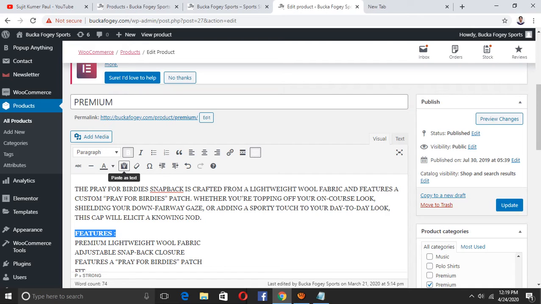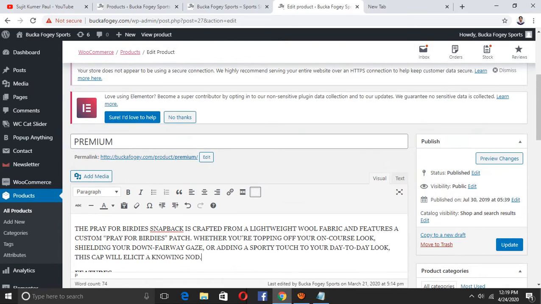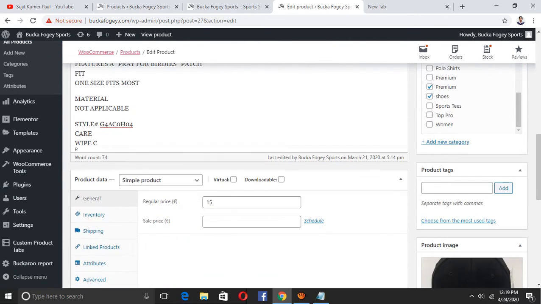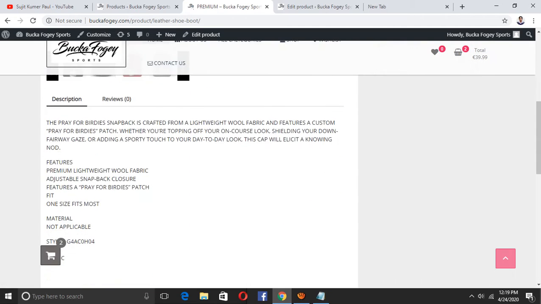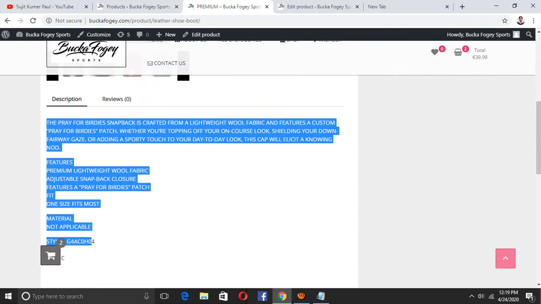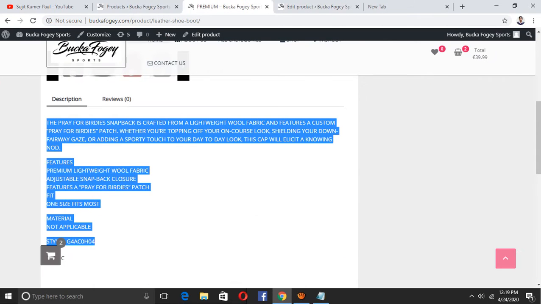If you want to change the color, you can see color here. And this is the product description. Every product can be edited the same way. This description is what shows here.